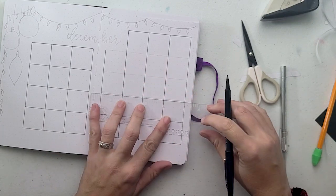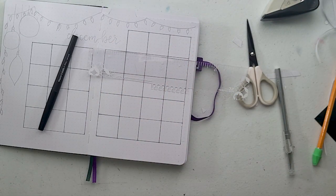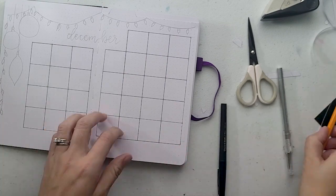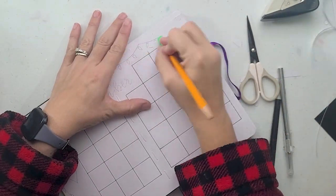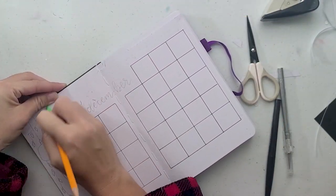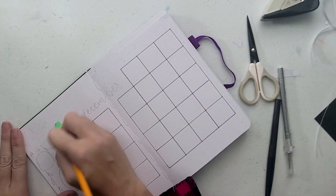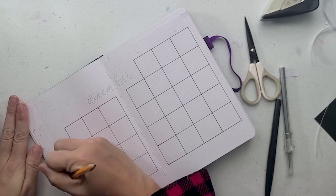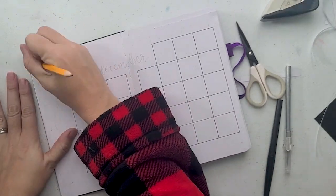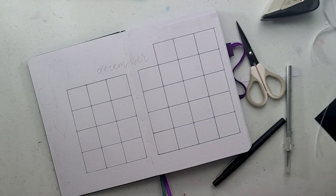This first spread, I've taken a lot of inspiration. I've done tons of Pinterest boards for this, and we are going to do the Christmas light hanging, which I can tell you right now, I was getting good at them when I was doing my pencil, but I did this pencil work and the sketching out probably a week and a half ago, and lost how to do these little lights. And oh gosh, I should have practiced some more before using. Definitely when you're sketching them out with a pencil compared to a thicker pen,